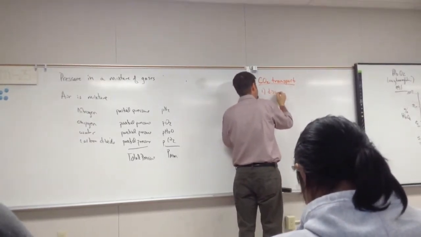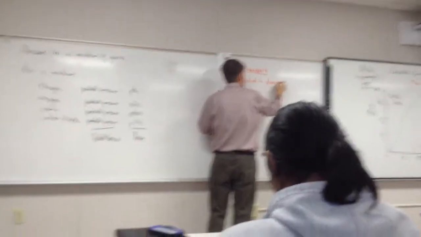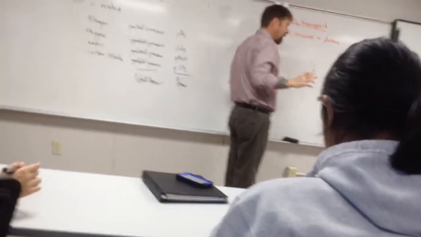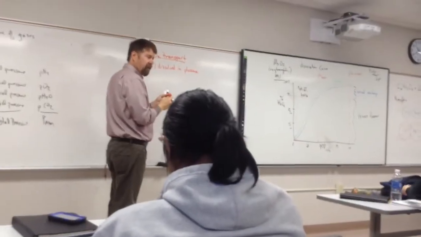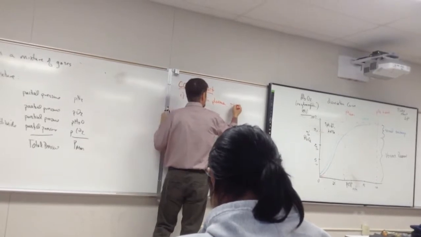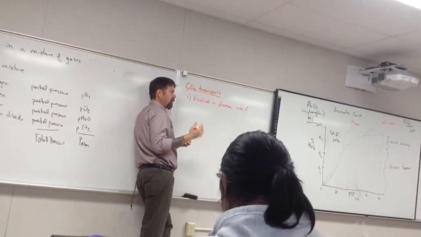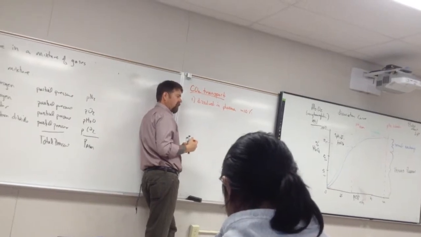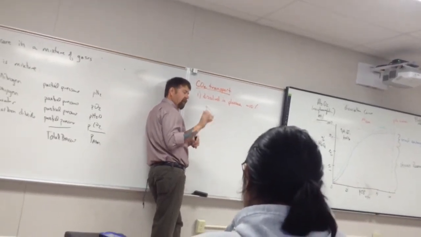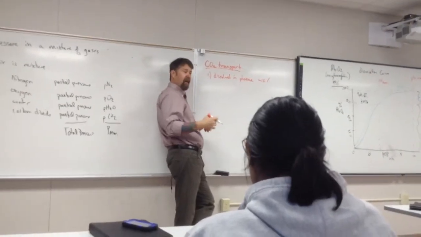we can carry a good bit of it dissolved in plasma. I don't know if these are exactly the values that are in your book, but I'm going to round things off, and it's going to be close enough. About 10% of all the CO2 we carry, we can just carry dissolved in plasma as CO2. Anything above that would begin to form these little bubbles again of CO2 gas, and we don't want that,